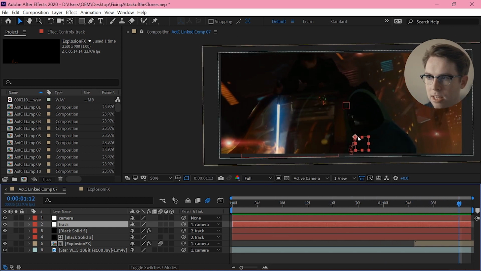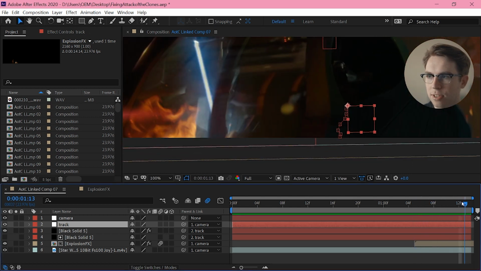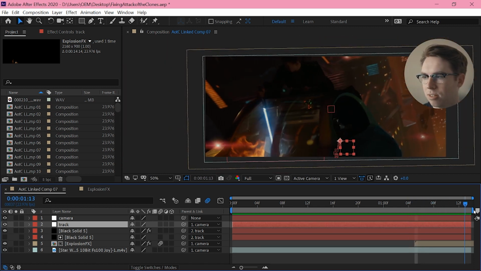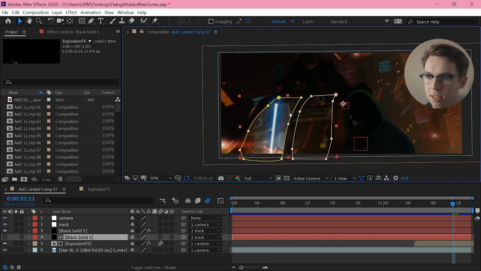Now all of that has to be tracked into place, because obviously there's this camera movement. I'm tracking that based on the edge of this speeder here, because obviously that's the physical set piece that the camera is actually moving in relation to. I'm just tracking the bit that I need, which is this last, like, I don't know, 10 frames or whatever. And then again, I just need to do some masking of these windows so it doesn't show up anywhere else.